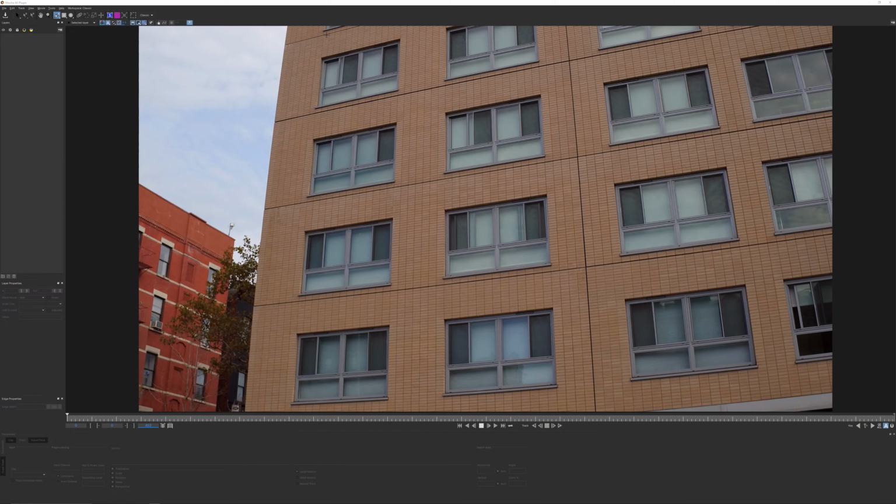Now, I would highly recommend not trying to do the entire wall of a building. The larger your tracking area, the more errors you're more likely to introduce into the track. And also, if the wall was not perfectly flat, then you'll probably notice errors in your track. But here we can see this nice tile and this nice grid that we can use, which will also help track. And it's pretty clear to me that this is flat, and I've already tracked this and I know it works. If you do have some issues with whatever footage you're using, maybe just try using 1 or 2 windows.